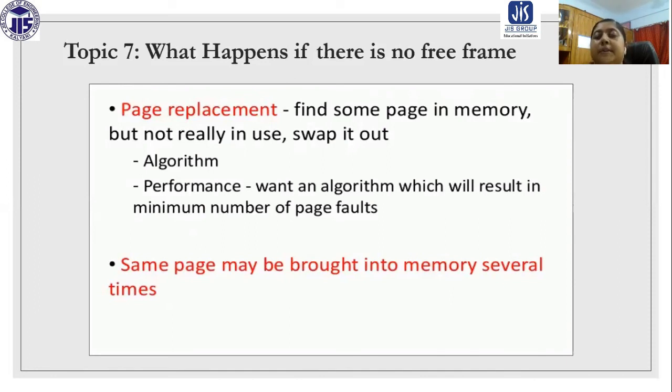Demand paging is basically that we always load a page in the main memory only when it is needed. When the page is in demand, only then is the page loaded. We have also discussed how the performance of demand paging can be measured, and what we are going to do if no free frame is available. In the next class we are going to discuss different page replacement algorithms.